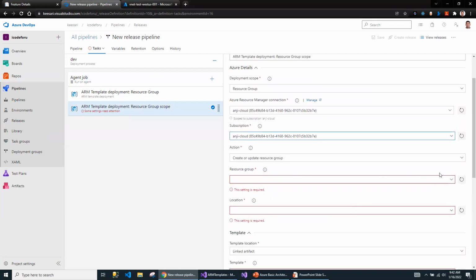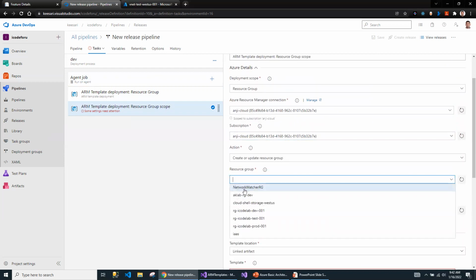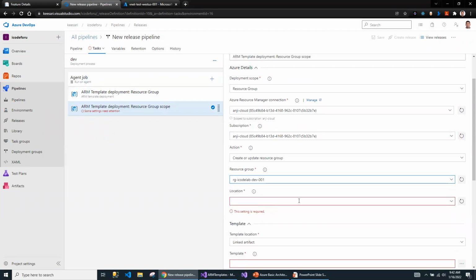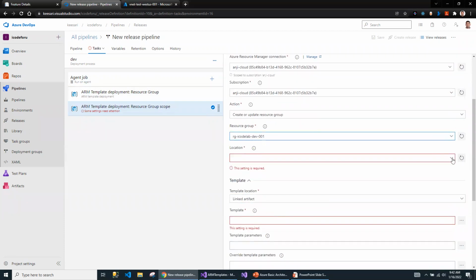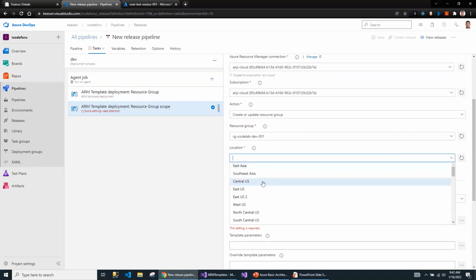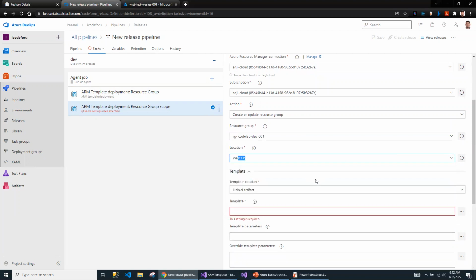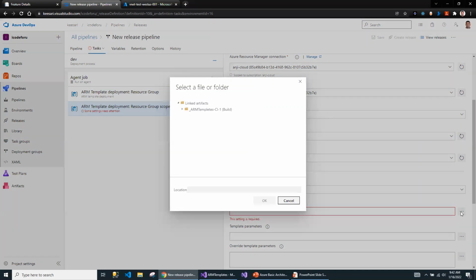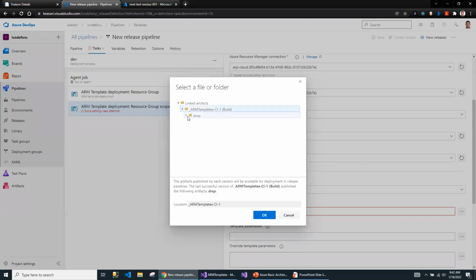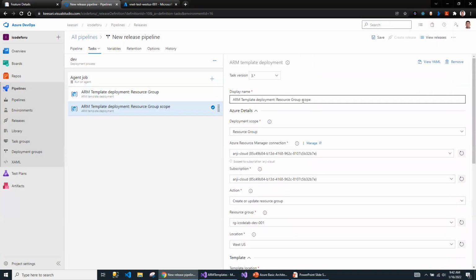Action is going to be create resource group under this resource group, and then location West US, and then template. So this task is for creating the VNet. So I'm going to select the RM template for VNet. So let me say create VNet.